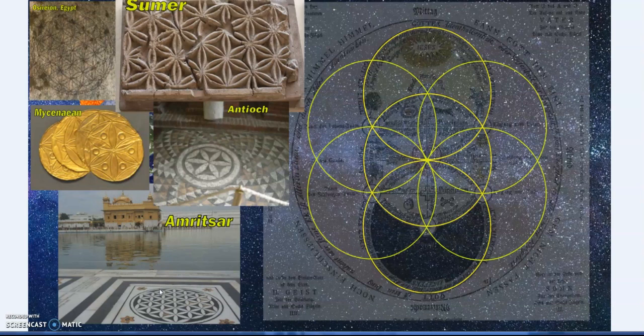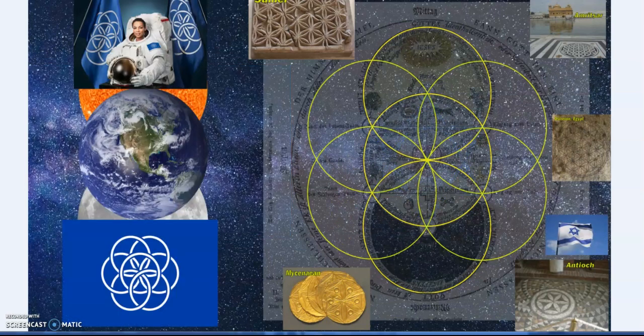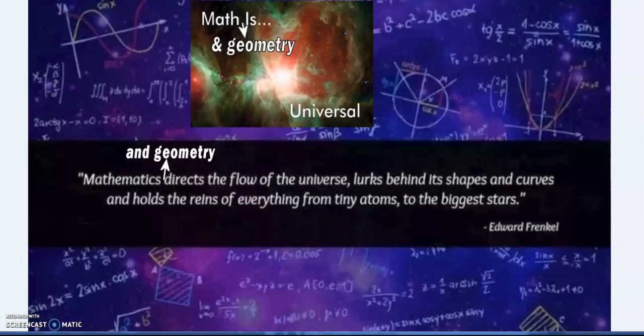It's a constant really across the ancient and modern era, and even this, for instance, you'll see like the Star of David, that's a hexagram, but also the hexagon. So there's different ways of representing this geometry. The Earth map, where we see the seed of life being brought in there, and by Frankel,